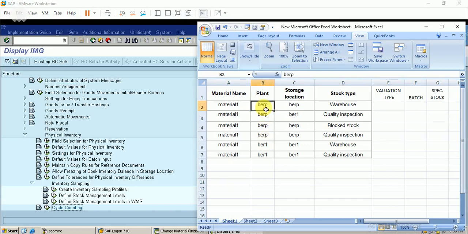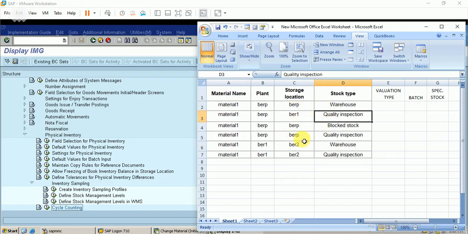The same material is available with the two plants, and in this plant there are two storage locations associated, and the material is available in both storage locations. You can see this material is available at this plant with different storage locations and a different stock type, and these independently have